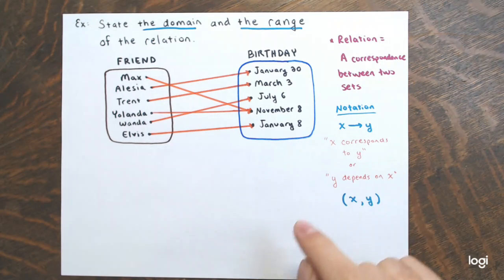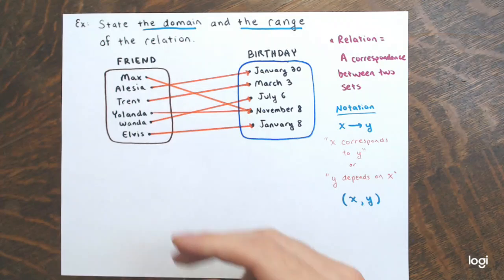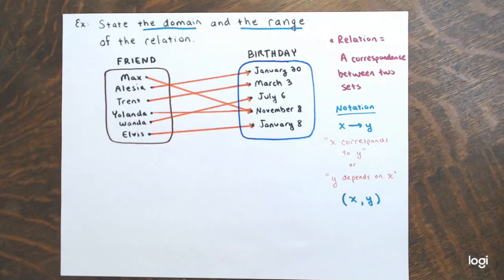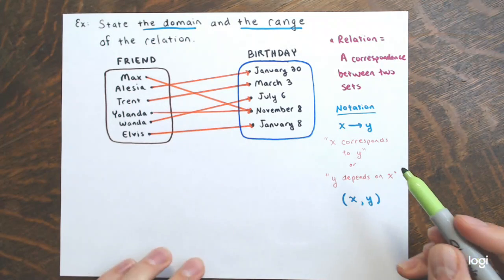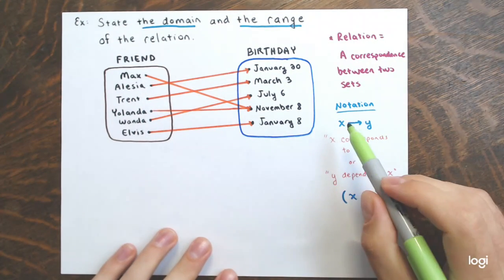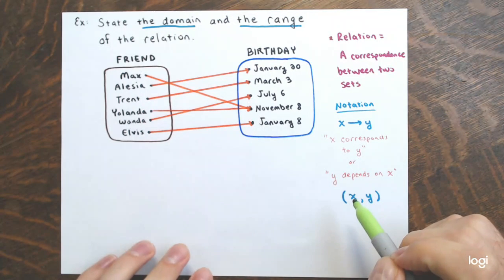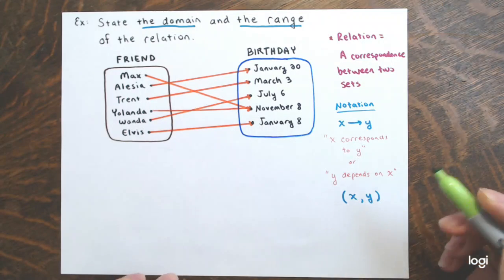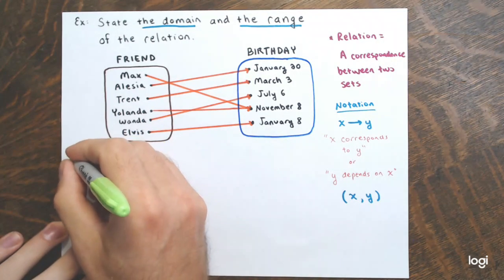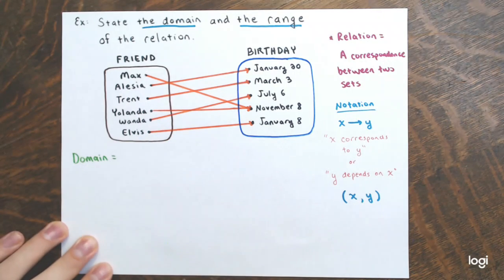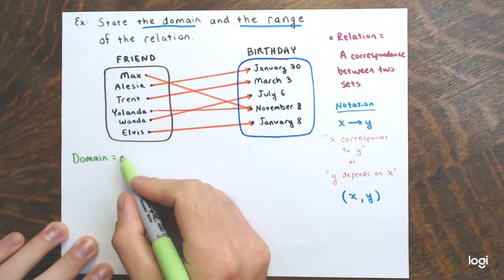Again, this little notation here means that a certain person corresponds to a certain birth date. Now for some definitions. If you look at the notation, with the arrow notation or as an ordered pair, a value from the first set corresponds to a value from the second set. The domain of a relation is simply the set, so it's another collection, of all,